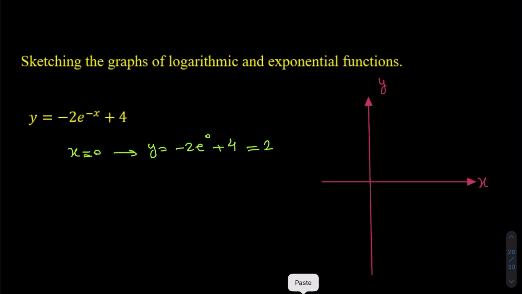That means the curve intersects y-axis. So when x is equal to 0, that means we are talking about the y-axis. So at this point, 0 and 2, the curve intersects this y-axis, okay? And similarly, we need to do the same thing to find out the point on x-axis. So let's say if y is equal to 0, what will happen? Y is equal to 0, therefore